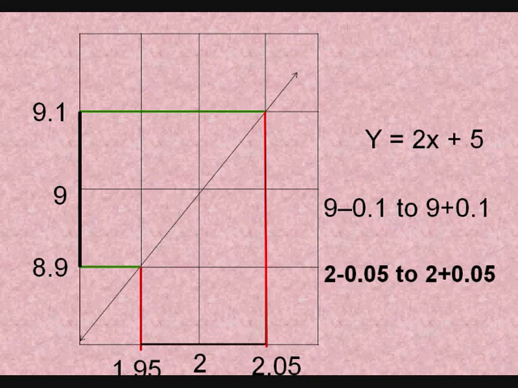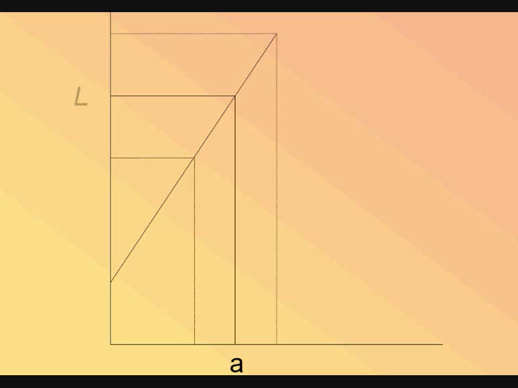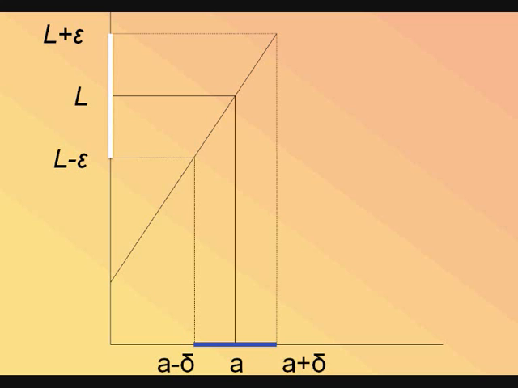Let's generalize it. Say I have a value of y as L, whose corresponding x value will be a on the given equation of the line. If I have a small neighborhood of y values, say L minus epsilon and L plus epsilon, where epsilon is a very small real number, and if I am able to find another small interval on the x values, say a minus delta to a plus delta, where delta is again another small real value, then we say that y approaches L